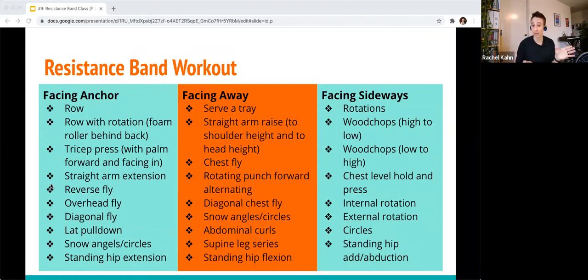It will look different for everybody, and even for one person, it might look very different one day compared to the next day. Maybe one day you want to get in a little bit more cardio, you want to get the heart rate up, so you're doing the movements a little bit faster. Whereas the next day, you want to do maybe a heavier resistance band, and you want to go slower, and you want to go fewer repetitions. All in all, a very general rule is to do anywhere from about 8 to maybe 25 repetitions of